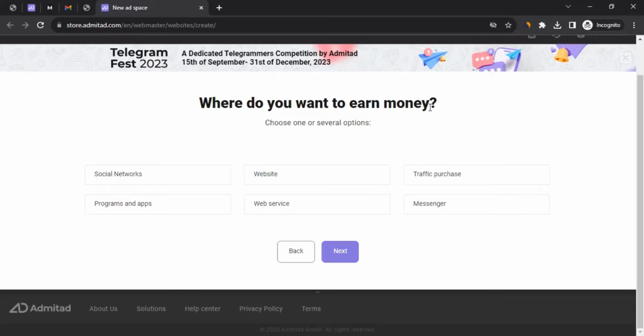You have a website, do you have a social media channel, or are you purchasing traffic, you're using messenger, or you got a program or apps. So depending on what you got, you can tick mark accordingly. In my case, let's say I got social media account and I got a website. So in your case, if you have more than one, you can also select more than one and then click